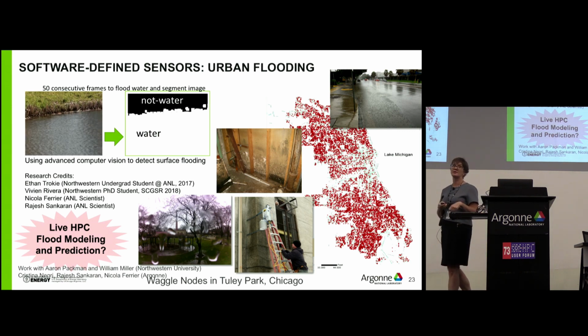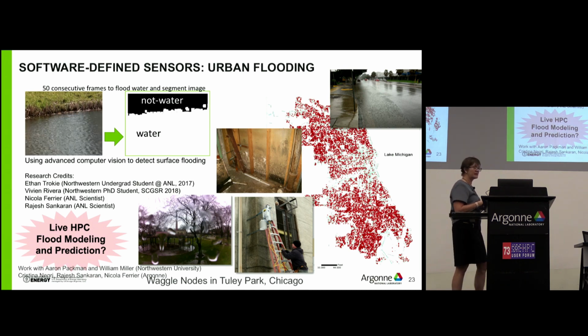Chicago suffers from horrible flooding in housing. This is reports of basements flooded in, I can't remember what year that was, I think 2014. And we have nodes being deployed trying to look at urban flooding. Now when we go to do urban flooding, we have to change the algorithms we're using. And one of the things that we've been trying to do is have prediction based on local weather and other information in our models running help drive what models we run out at the edge and where we're looking for flooding.